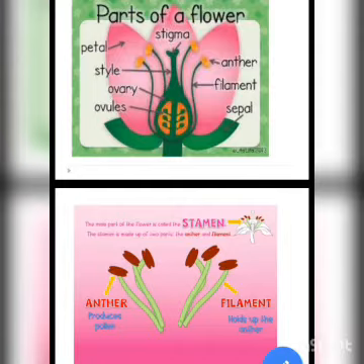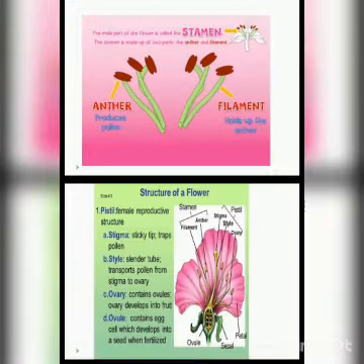Fourth one is the pistil. Pistil is the female reproductive part of a flower. A pistil consists of four parts: stigma, style, ovary, and ovule. Each part has its own function. The shape of the pistil is like a flower vase. As in a flower vase, the top is the stigma, the tube-like structure is the style, the pot shape is the ovary, and in the ovary it contains the ovule.